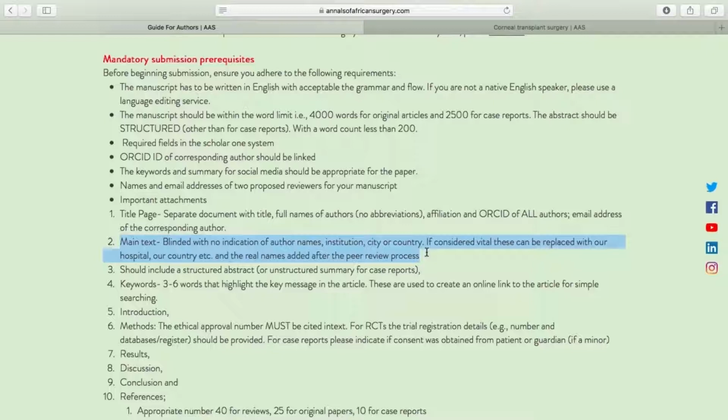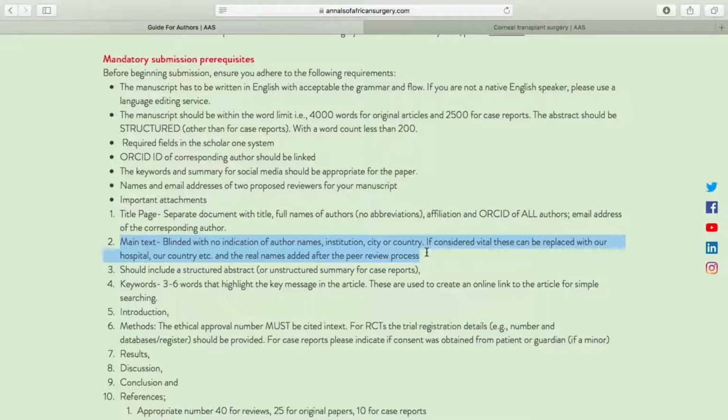Secondly, in the introduction, where you state the justification of the study, for example, this is the first study in Kenya, you could say this is the first study in a Black African population in East and Southern Africa, or a Black African population. Then, in the methodology section, where you state the body for ethics, do not state the name of the hospital or the institution where you received the ethical approval from, as well as do not state